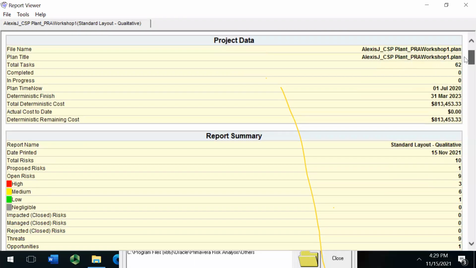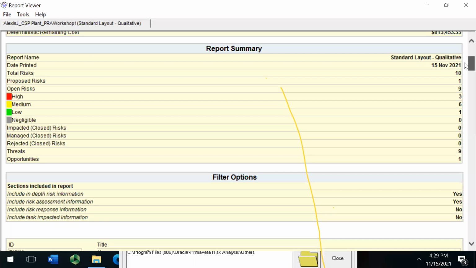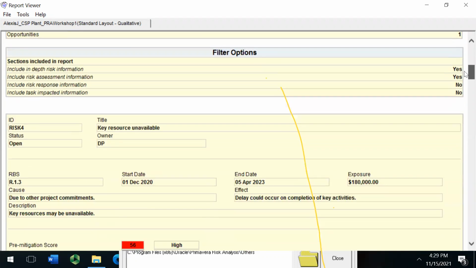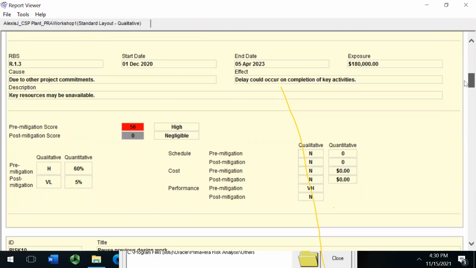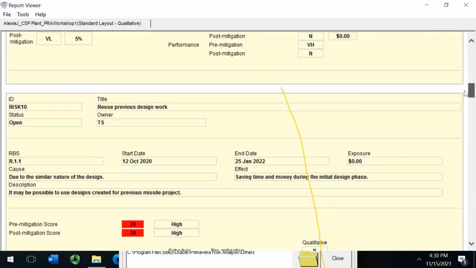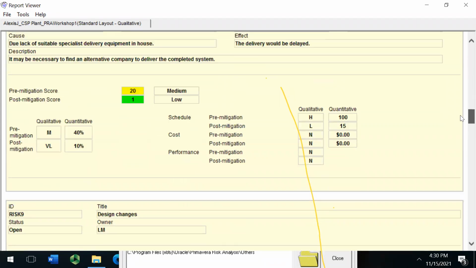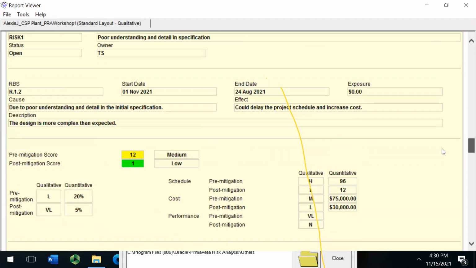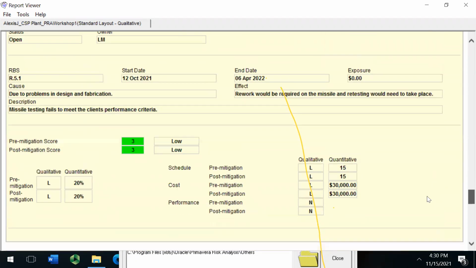It gives you information about your project data, report summary, with risk, with high, medium, low, and negligible. So it's quite a risk by risk report, which would be useful to take a look at the risks you identified and you're going to quantify separately from the project. So that's a very interesting report